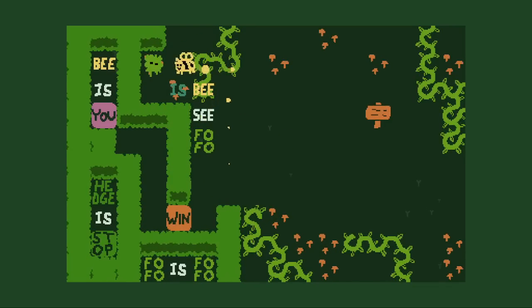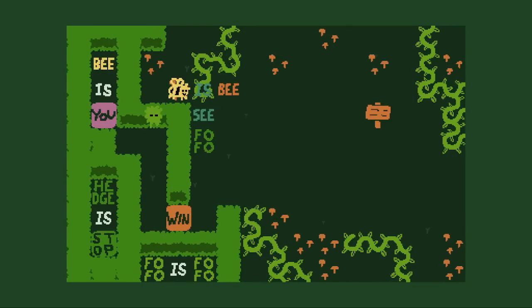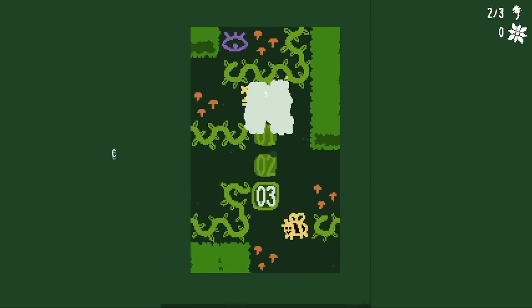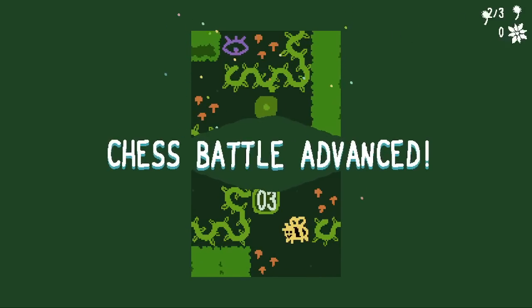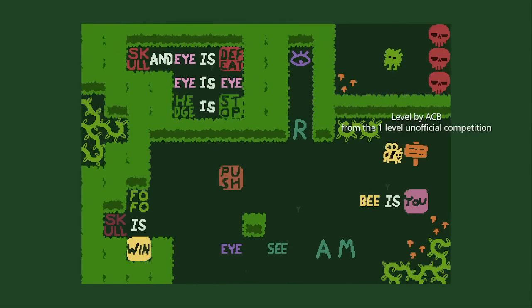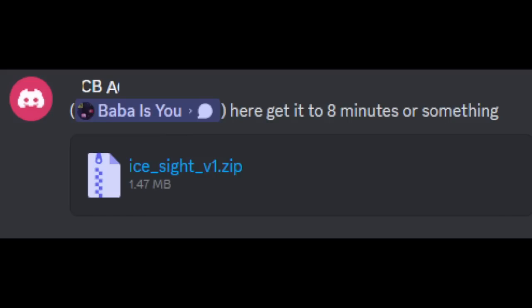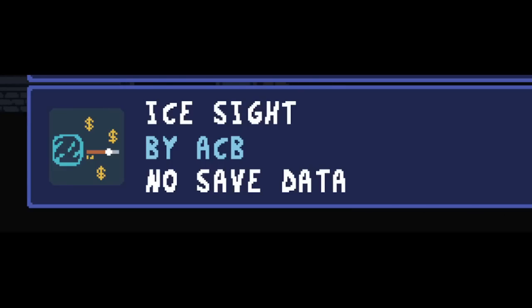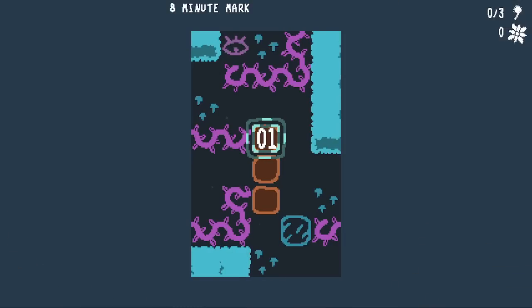Also need to have the is text here so that I can push to the right. Now solve just as identically to level 1. There we go. Chess battle advanced. Yep, and this is the original. Man, is this video long enough? CBA. I offhandedly mentioned the video isn't long enough and the guy makes this in like 1 day. Welcome to Eyesight. Such 8-minute mark. I don't...